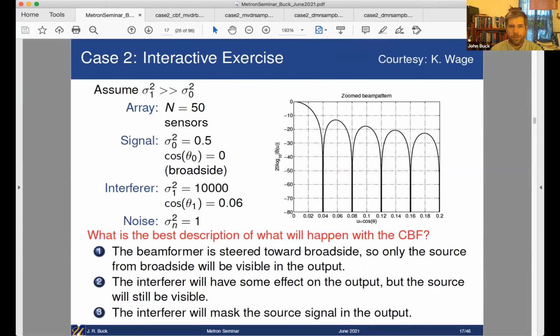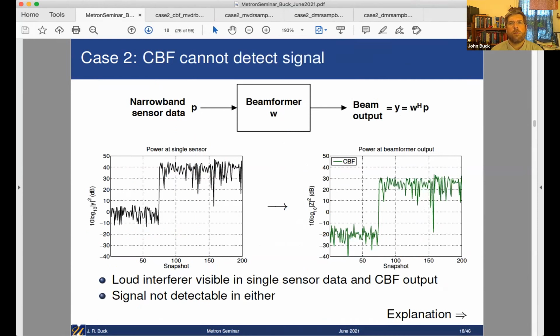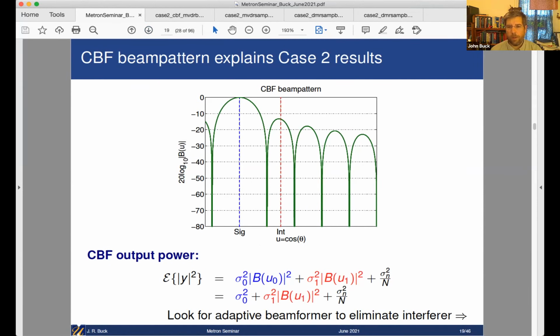And so here's actually the explanation again. Oh, wait, no, wrong way. It's what I just walked through. The power comes through with a gain of 1 for the desired signal, but we need to find something better than a conventional beamformer to get rid of the annoying interferer. Well, we don't need to get rid of it. We just need to dial it down a little bit. I don't want to take this too far, but